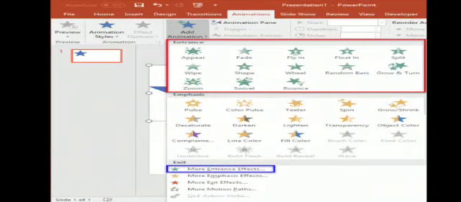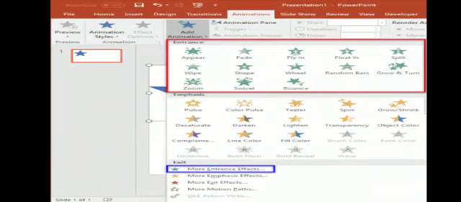You can animate text, pictures, shapes, tables, SmartArt graphics and other objects, to which you can apply sound effects and visual effects also. So here on screen several animation effects are given, and you have to apply the basic steps to apply that animation effect. First you have to open the presentation, then select the object you want to animate. Then on the animation pane, the advanced animation effect is given. There you have to click on add animation.